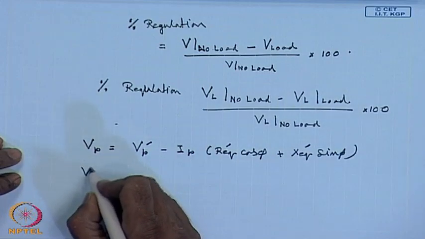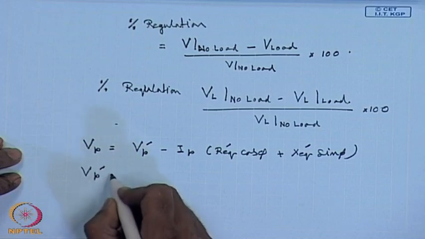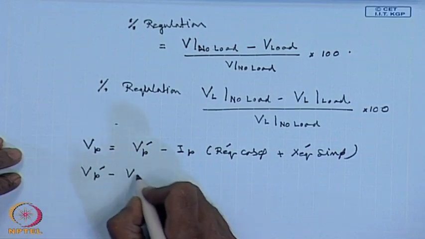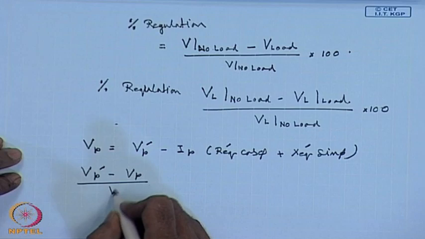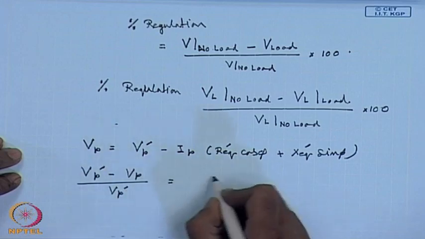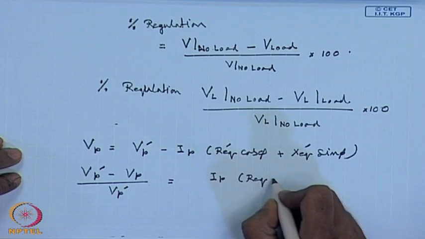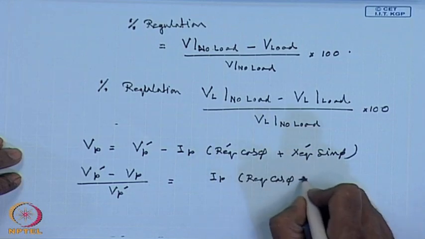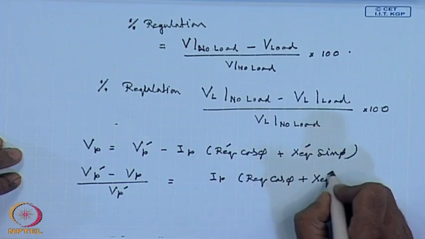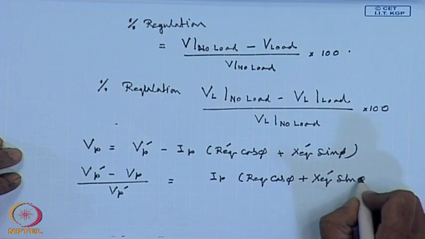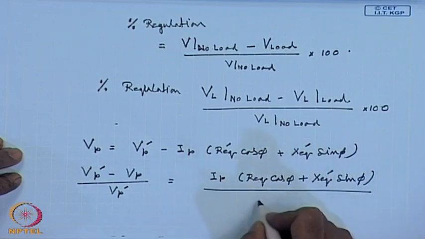Hence, V p dash minus V p by V p dash equals I p into R e q cos phi plus x e q dash sin phi by V p dash,